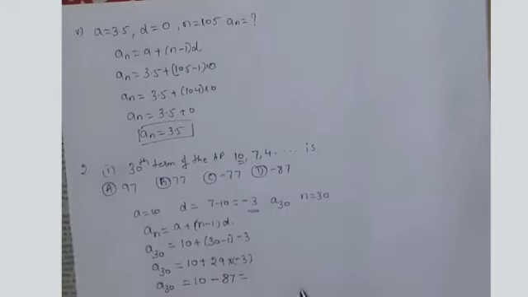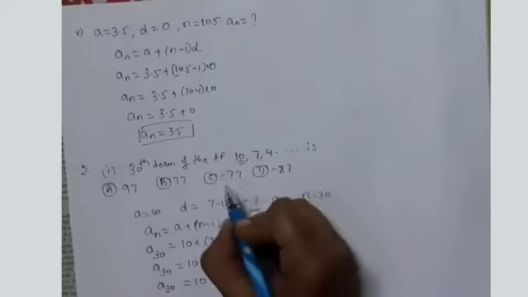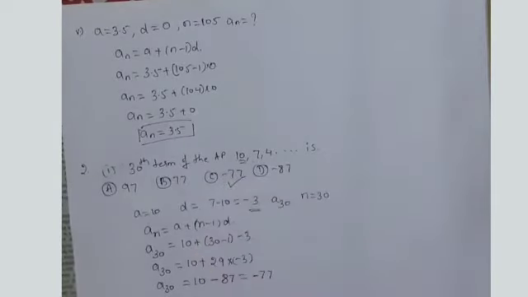A positive and a negative integer is given. Subtraction takes place from greater, that is from 87 you have to subtract 10. So answer will be 77, but 87 has which sign here? Minus sign. So answer will be minus 77. So which option is correct? Option C, minus 77 is the right answer.